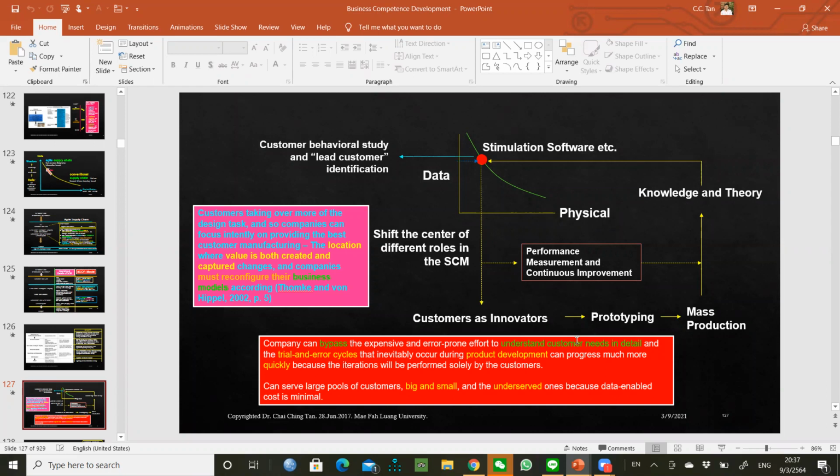We have used those a long time ago for machining and whatever, and those G codes are the ones that will interact with the hydraulics and pneumatics and the PLC, programmable logic control systems, and then automated mass production, and then generate again a lot of data and so on and so forth.